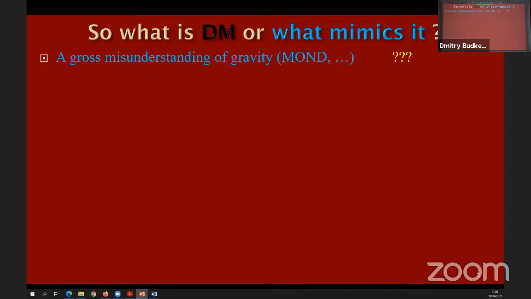And this evidence comes from different scales. The smallest scale is galaxy. The next one, as I mentioned already, is the clusters of galaxies. Then there is gravitational lensing, and there are theories of formation of the structure of the universe, and all the way to the cosmic microwave background. So it's all the way from the size of the universe down to the size of a galaxy. And so you need to come up with a modification that actually works on all scales. And it's a bit hard because, for instance,